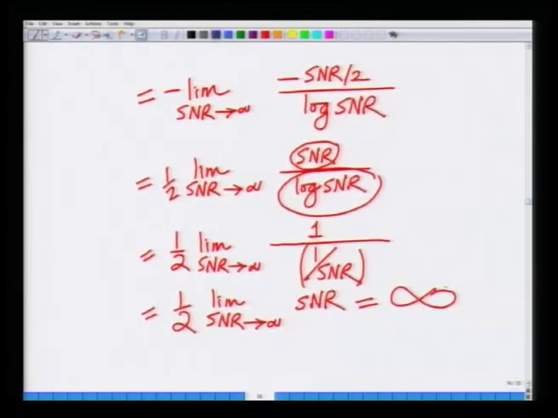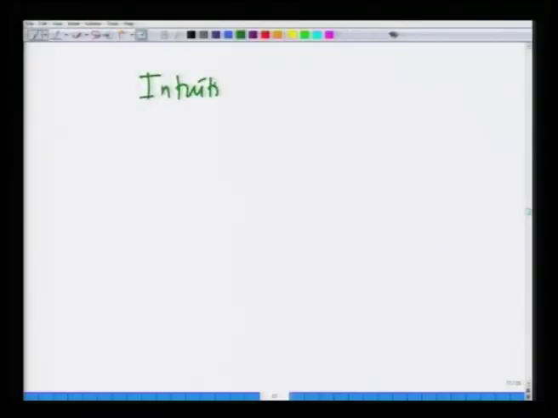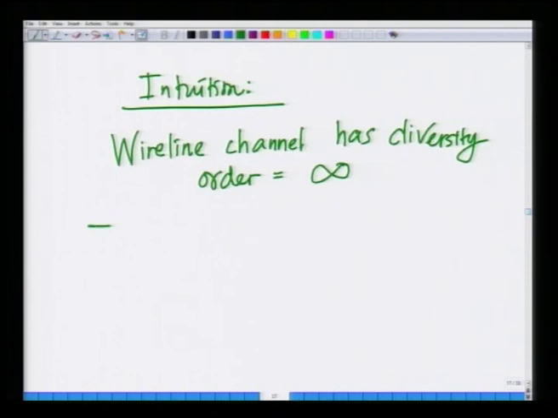So, in other words, this diversity order equals infinity. That is a surprising result. So, this shows a very beautiful intuition. What is the intuition? A wireline channel has diversity order equals infinity, which implies